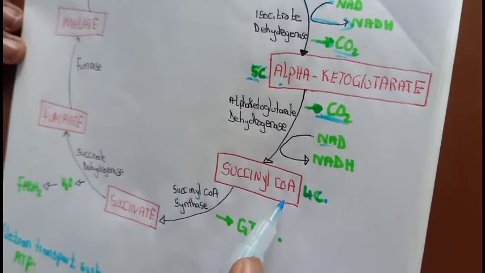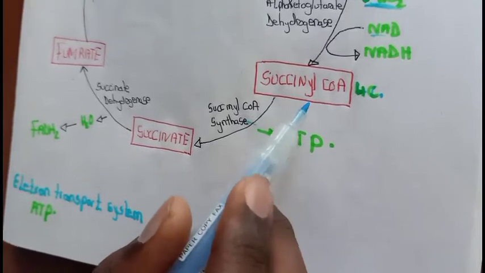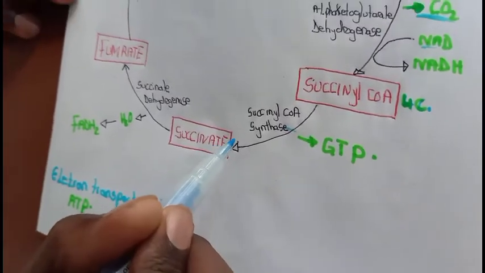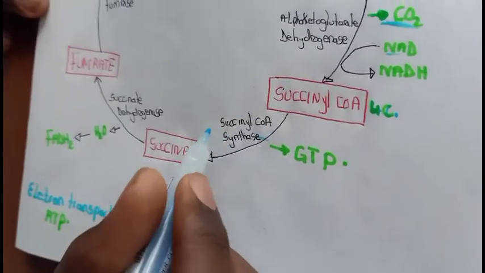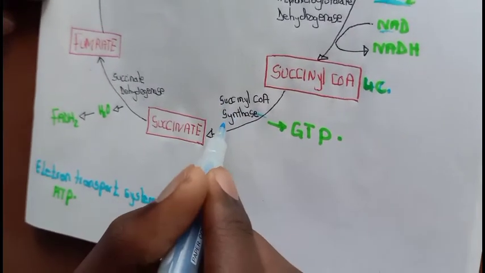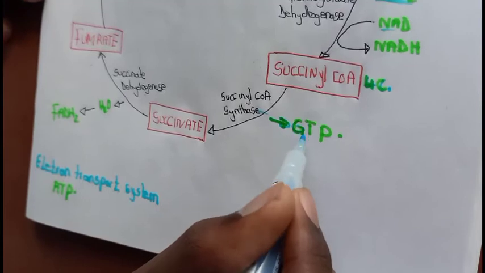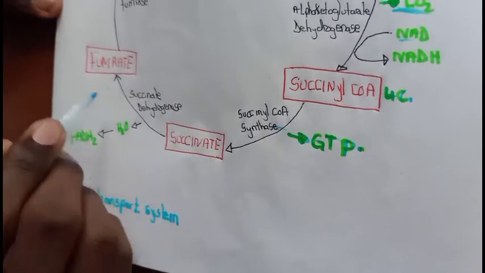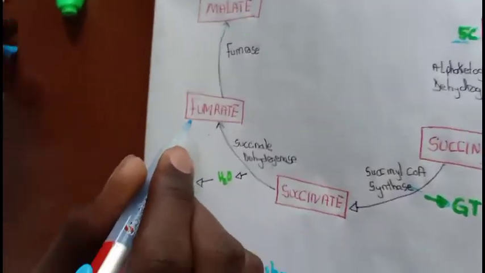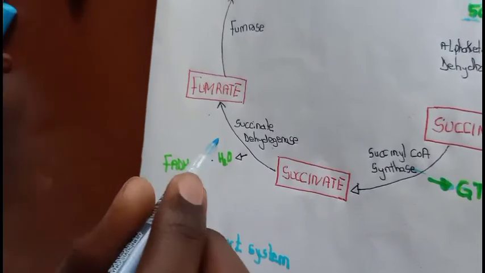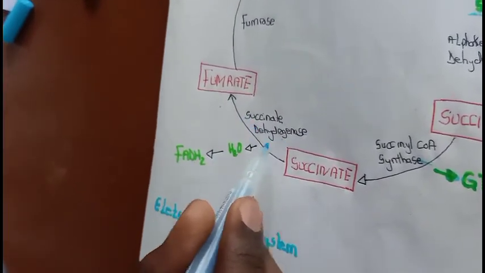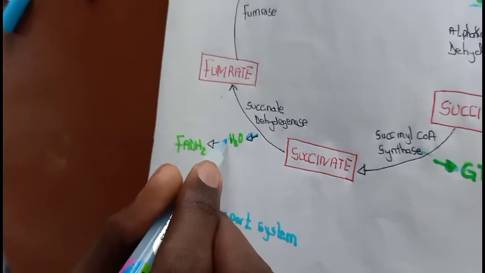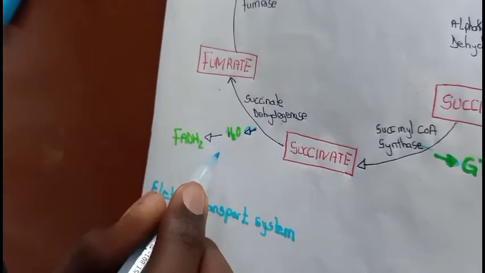compound, which is succinyl-CoA. So succinyl-CoA will also be oxidized to form succinate. So this conversion is catalyzed by an enzyme called succinyl-CoA synthetase, and GTP will be formed in this reaction. So succinate is going to be converted to fumarate, and this is catalyzed by an enzyme called succinate dehydrogenase, and in this reaction water is going to be formed, which will later form